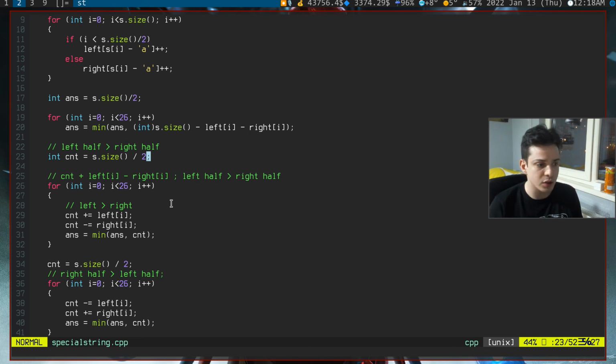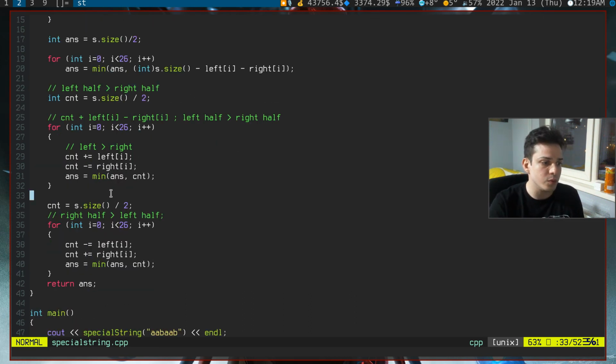them. So therefore, if you think about it briefly, for example, if there are 5 A's on the left half and 4 A's on the right half, if you subtract them, you'll just get 1. So if you just change 1 on the right hand side, you are going to get the possible answer. So I'm not going to explain right half greater than left half, we are just going to swap the signs there. So this is the logic for this problem.